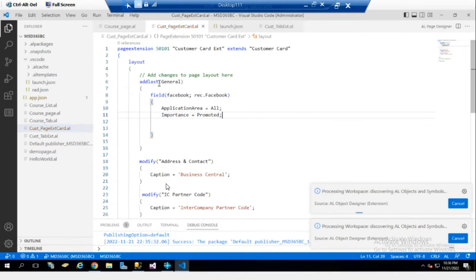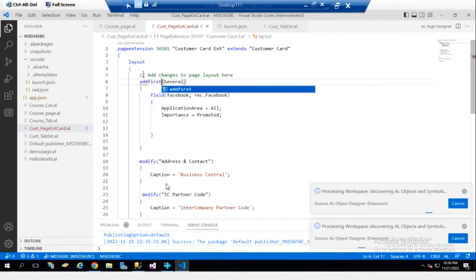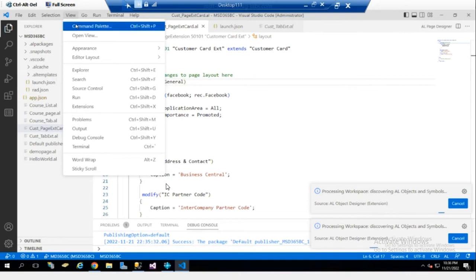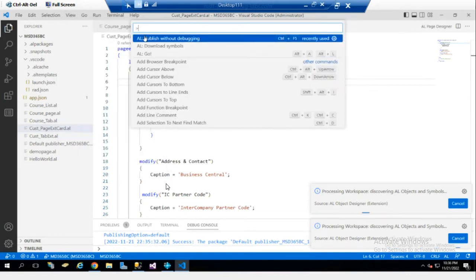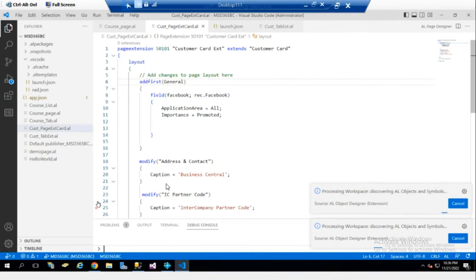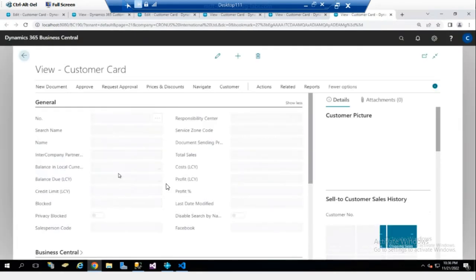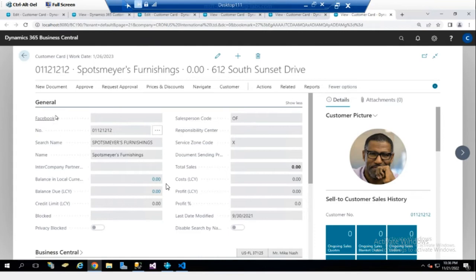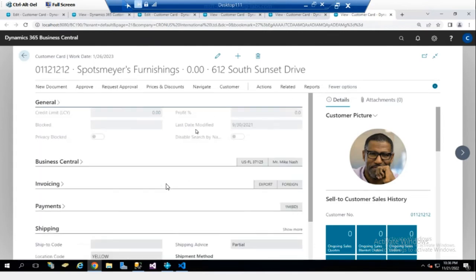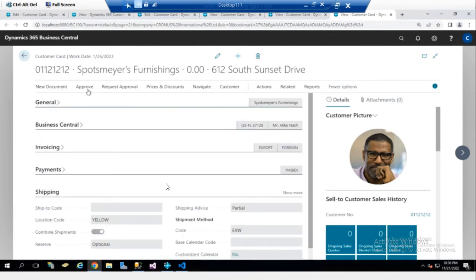And this was added last. Let me add it first. So now you will see that Facebook has been added at first, and if I collapse it, it has nothing,